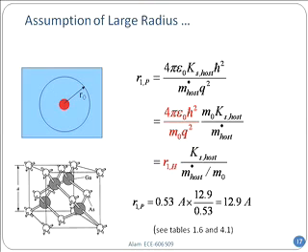Now you should see table 1.6 and 4.1 and begin to put some numbers in to convince yourself that the argument is true. This is not always true, and I can always give you an exam problem where this is not true, just to see whether you know the difference between real effective mass, when you should use it and when you shouldn't.